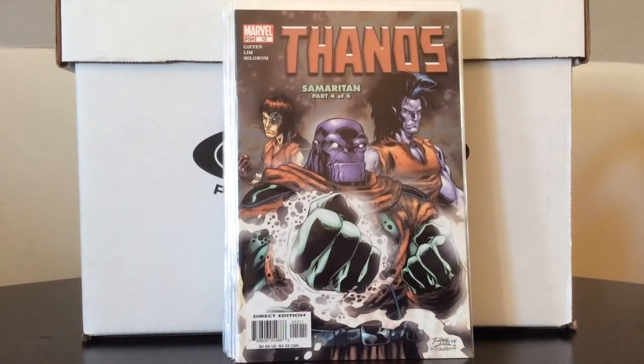Number 12. Now, I've only read up to about issue 3, but from what I've heard about this series, it also reintroduces into the Marvel Universe Star-Lord. Believe it or not, that is Peter Quill's Star-Lord in the background. So after that,